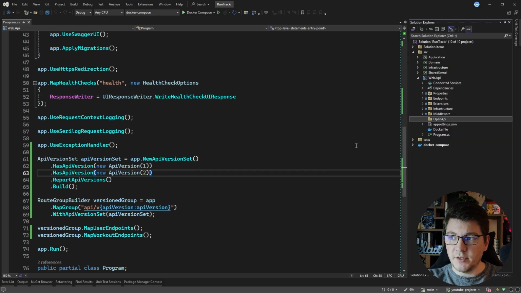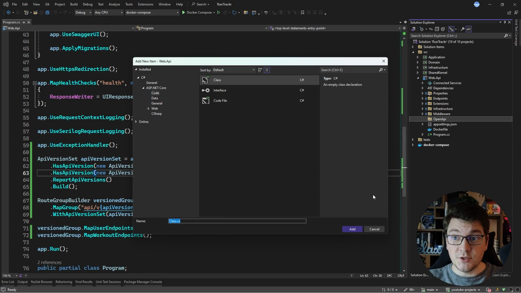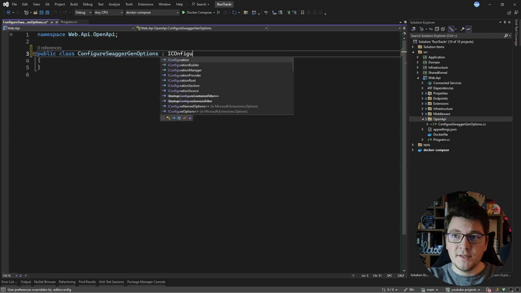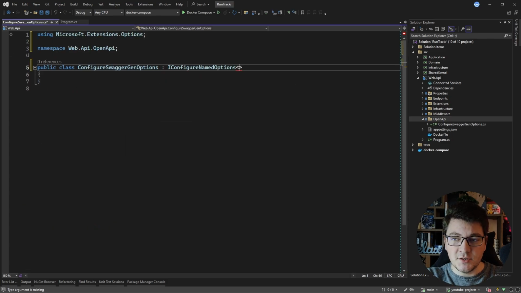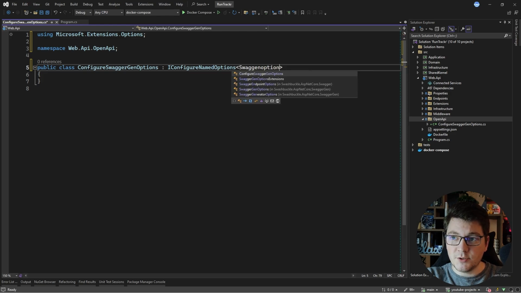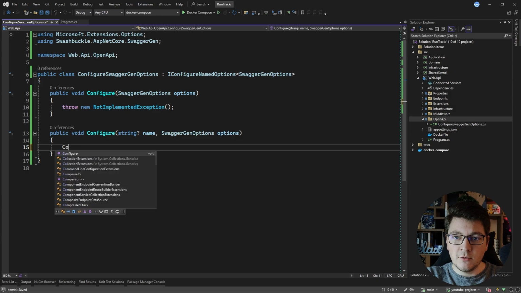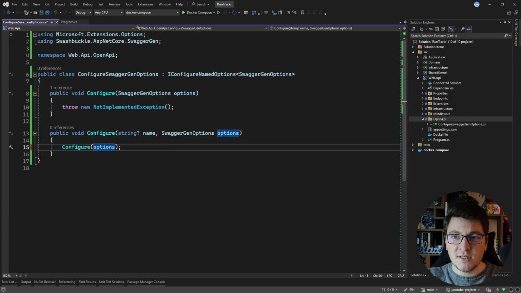So let's call this OpenAPI, and inside of it I'm going to add a new class that I will call ConfigureSwaggerGenOptions. I'm going to use this class to implement the IConfigureNamedOptions interface, and the options instance that we're going to configure is the SwaggerGenOptions. Let's go ahead and implement this interface. You will see it has two methods. In the named variant, we're just going to call the configure method without a name and pass in the options